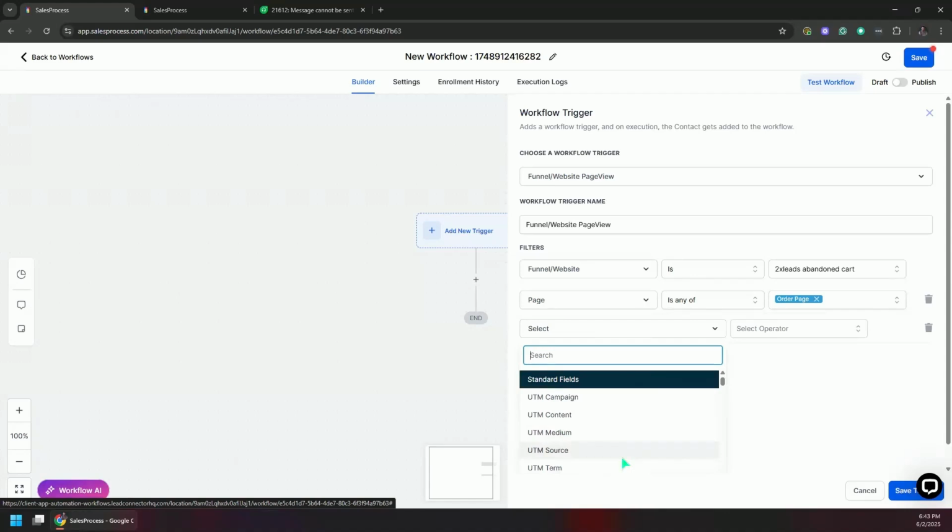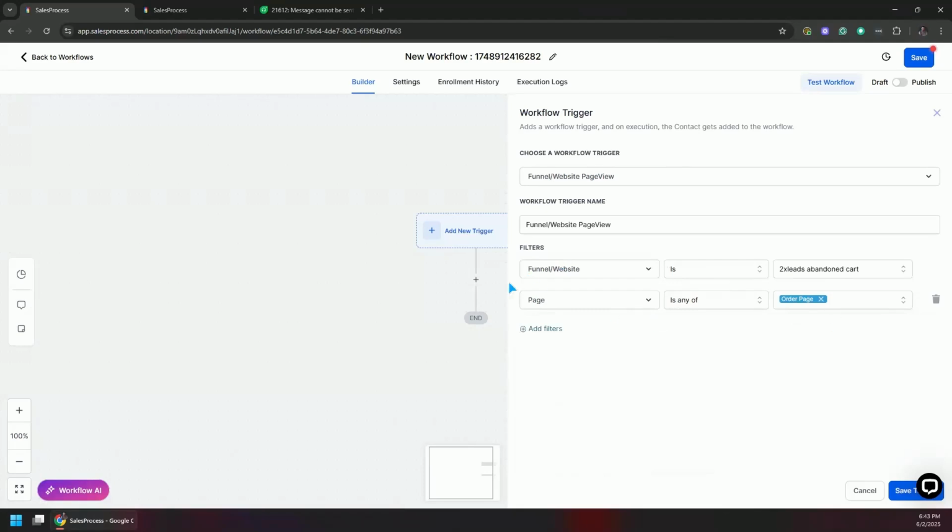You might have used the UTM parameters. If the UTM parameters condition is fulfilled and somebody visits your page, the automation starts. But here comes the limitation of this particular trigger. It will only work if the person is already in your contacts. If he's not part of your contacts, this trigger will not work because the system will not recognize who is